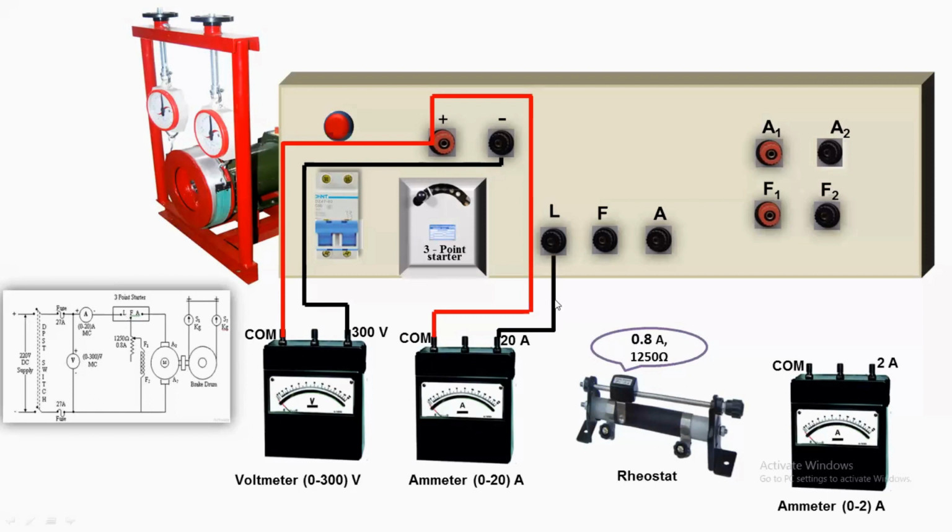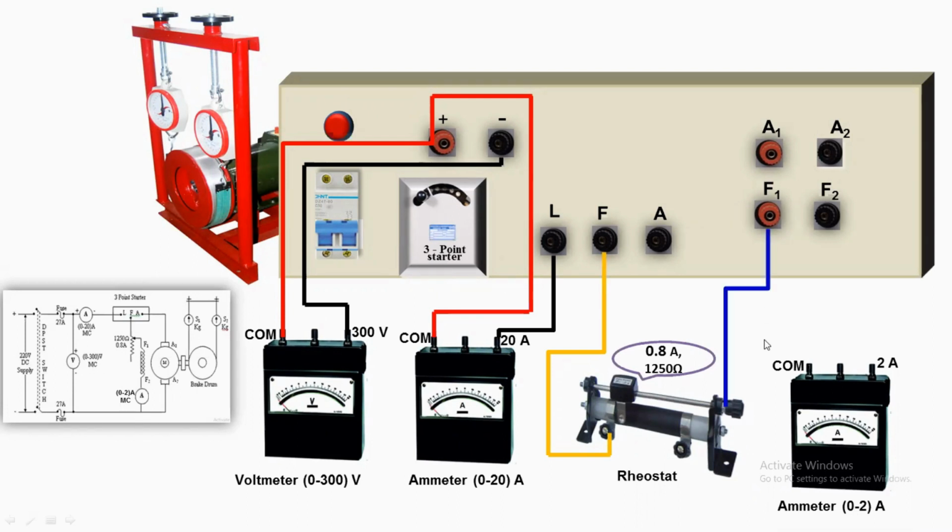The starter L line. Here in the circuit diagram, as per our circuit diagram, the 20 is connected to L. Then F2 to rheostat input. This is the rheostat output. This is the minimum position of the rheostat. The power supply enters here and enters into this point. Then leaves through the output to F1. Rheostat output to F1. This position is the rheostat minimum position. Suppose this point is here, it means the rheostat maximum position.